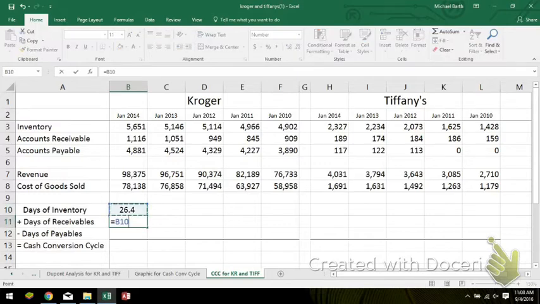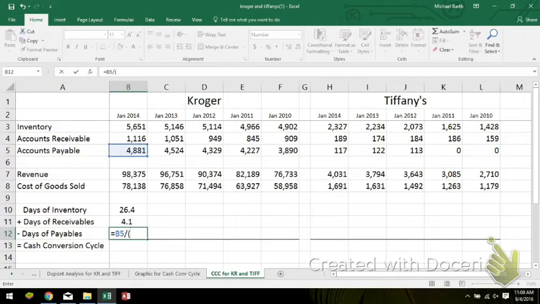Days of receivables, accounts receivable divided by revenue divided by 365. So roughly 30 and a half days between purchasing the inventory and actually receiving a dollar from a customer who purchased the inventory from you. And that's offset by the accounts payable